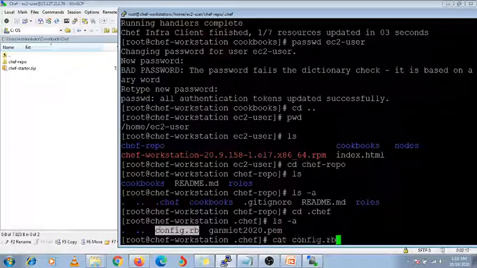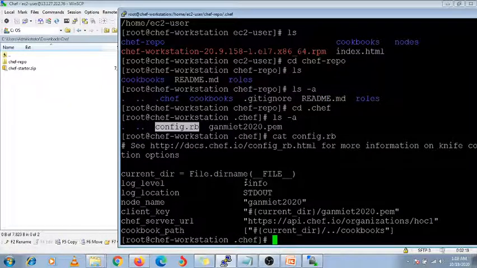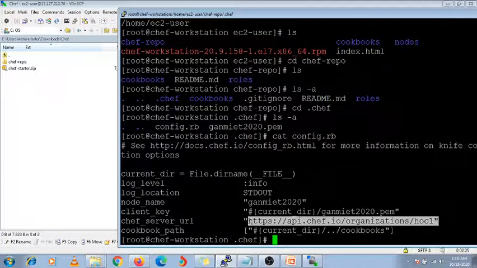You can check what information is there. This is the information you will get about your URL, what URL you are using to connect to your Chef server. So this URL you will get from it.